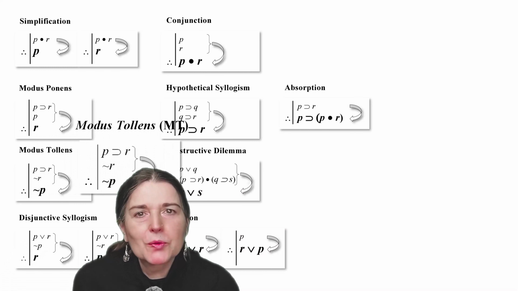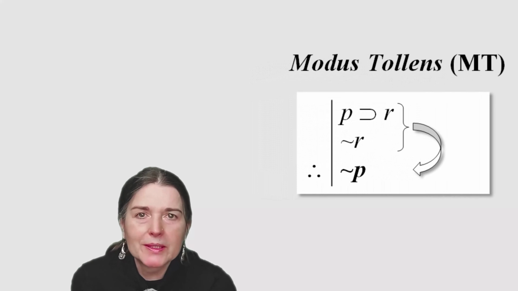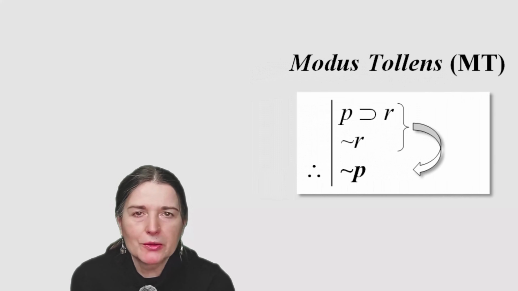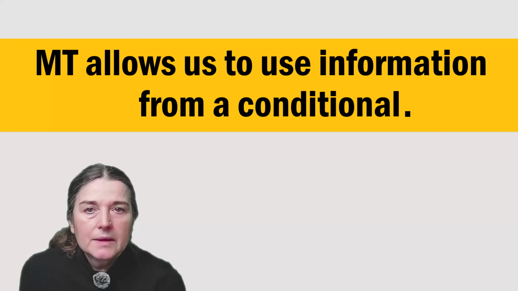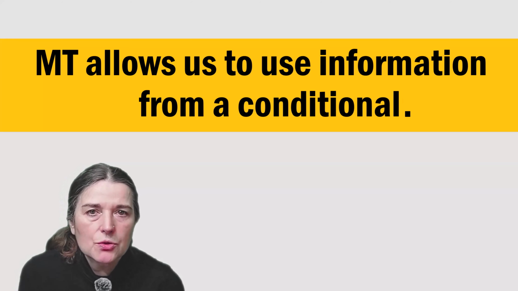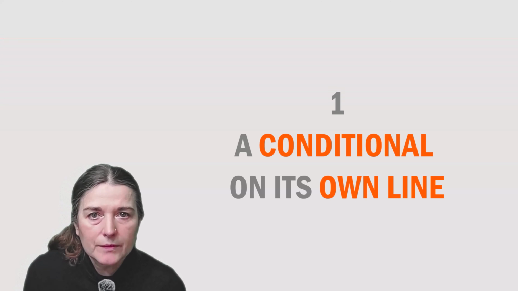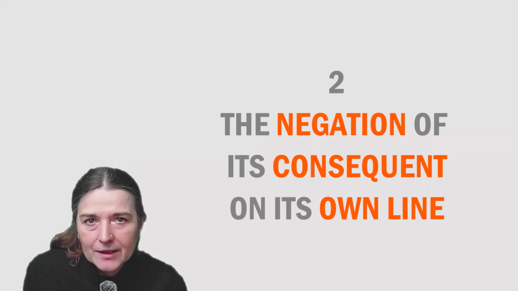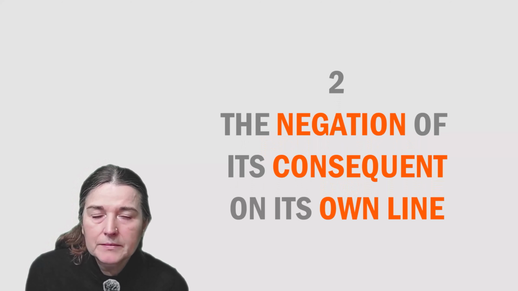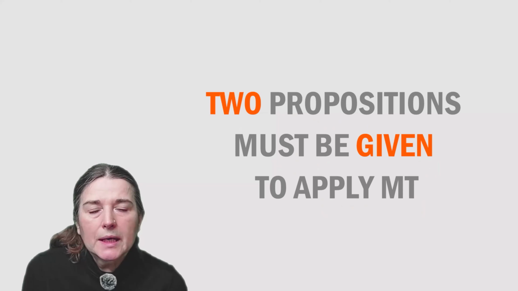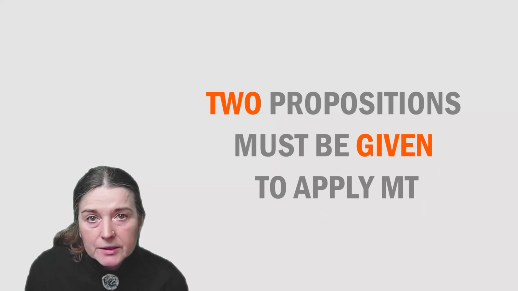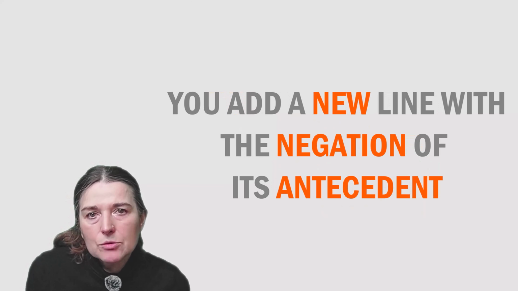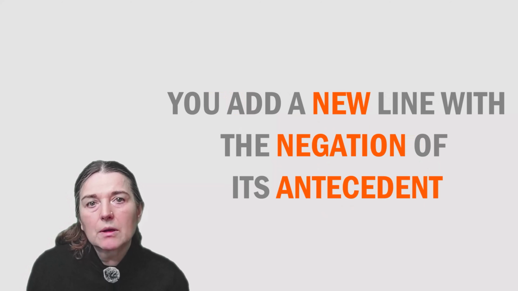In this video we will learn how to apply and how not to apply Modus Tollens. In a separate video there are examples of proofs with the rule. Like Modus Ponens, Modus Tollens allows us to use information contained in a conditional. We have to have a conditional on its own line. We need to have the negation of its consequent also on its own line. And with these two propositions given already in the proof, we are allowed to infer the negation of the antecedent